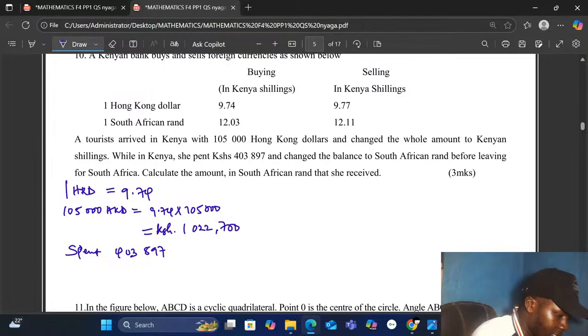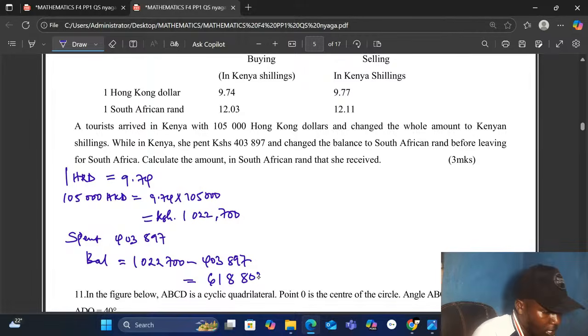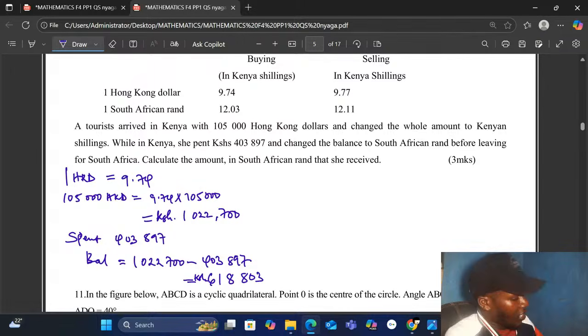Therefore, the balance that she was left with will be now 1,022,700 minus 403,897. So the balance she remained with in Kenyan shillings is now 618,803. This is Kenyan shillings that she received, which she later changed to South African rands,